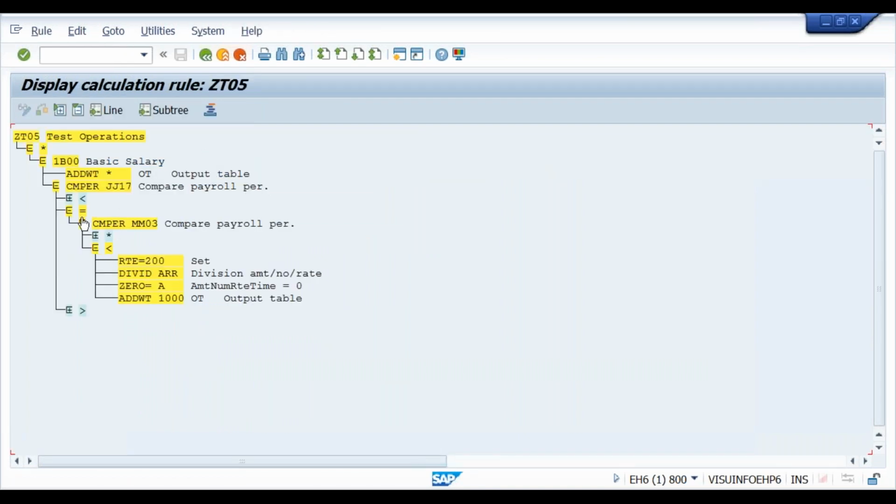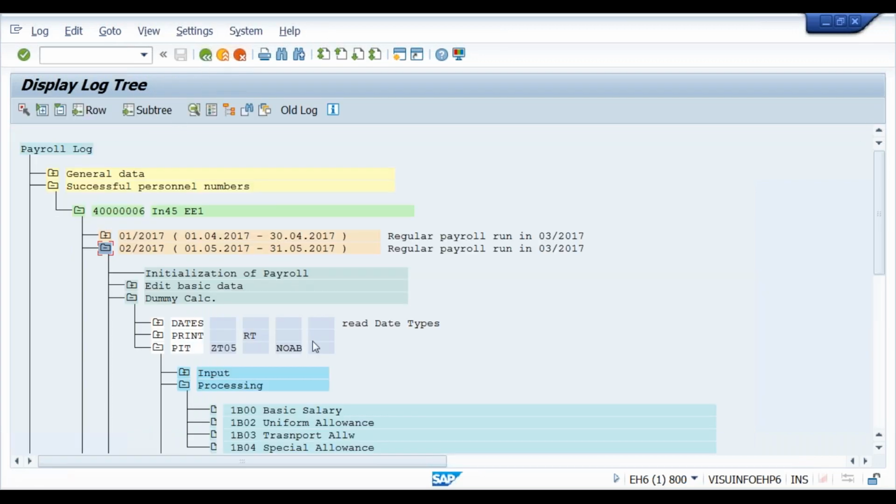Look at this. It is going to equal to and then less than, because it's the second month. The second month is compared with 03. It goes to less than. Then calculate the rate with the old method. Suppose it is 3.